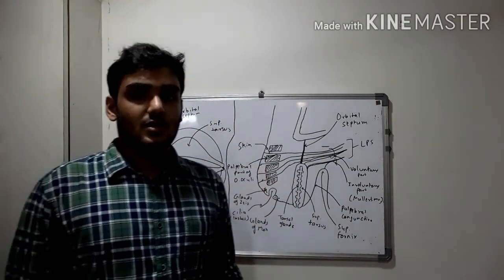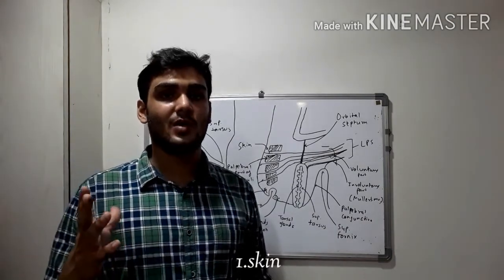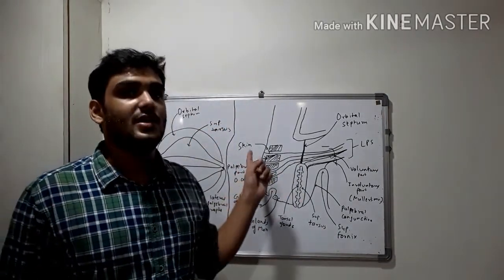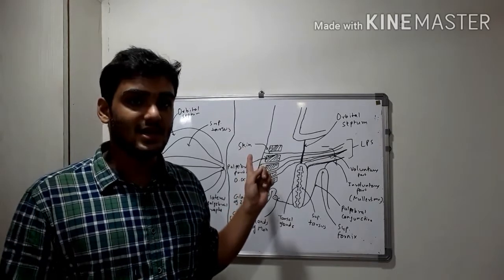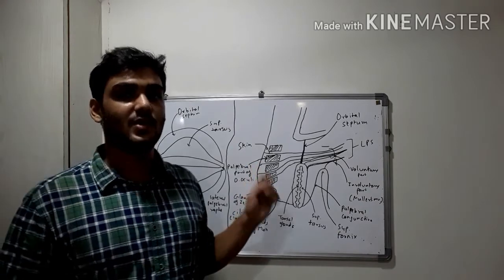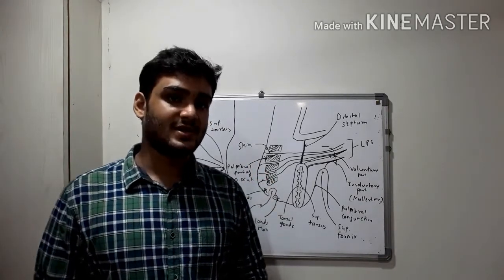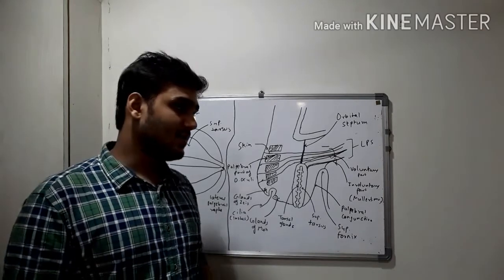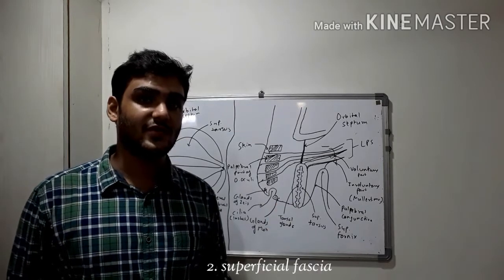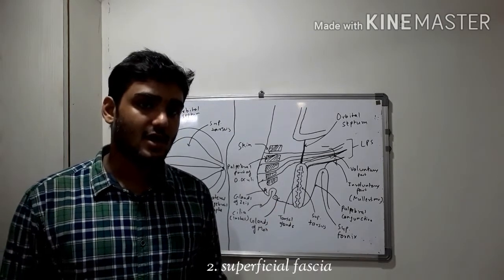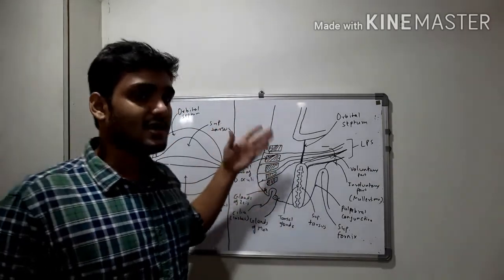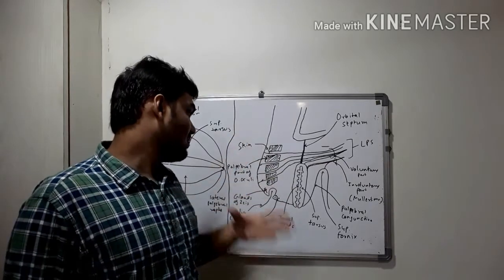The most apparent part of an eyelid, which we normally refer to when we talk of eyelid, is the skin, right? So the skin of eyelid is very thin, loose and easily distensible, and if there is an accumulation of edema or fluid, then it is easily distended. For example, in renal edema, the first site where the edema is apparent is the skin of palpebrae due to its distensibility. Then we have the superficial fascia. The superficial fascia is devoid of fat and consists of the palpebral part of orbicularis oculi muscle. As there is a cut section, these are some parts of the palpebral part of orbicularis oculi.